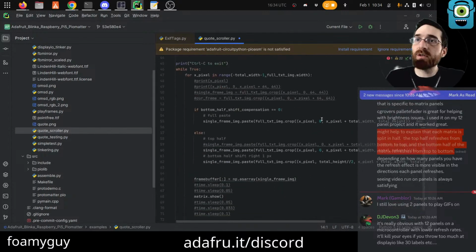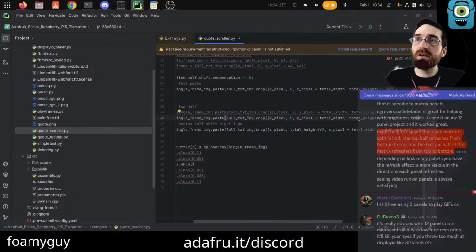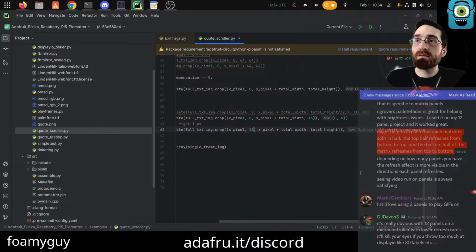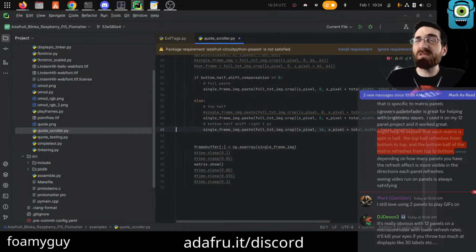What I'm going to do is go back to small. We're going to stay on our 2 panels on the top only, and then here, instead of cutting half of the total height, we will cut just 16. And the bottom half we will start at 16. And we will paste it at 16 when it comes time to paste it. And then I think it will work.